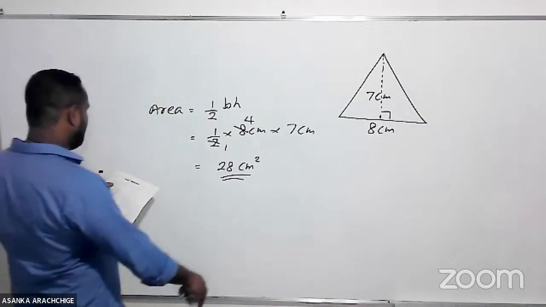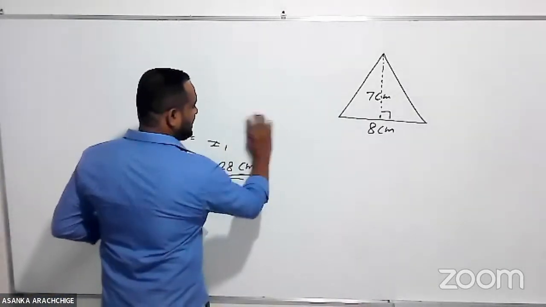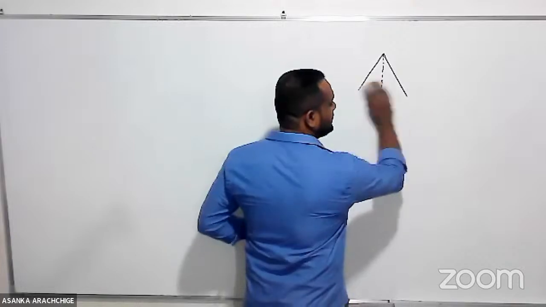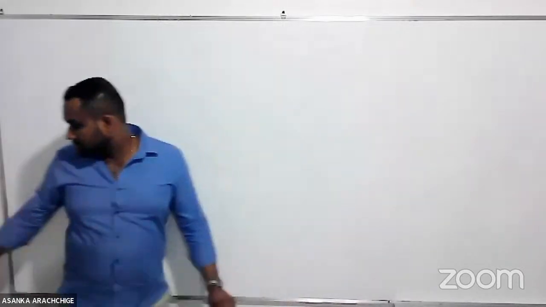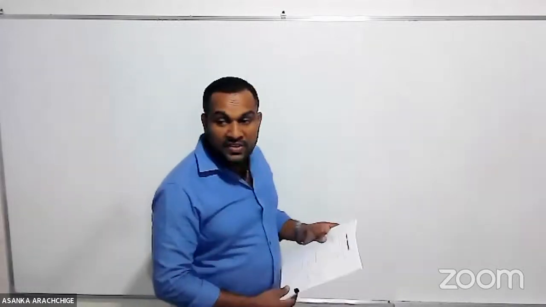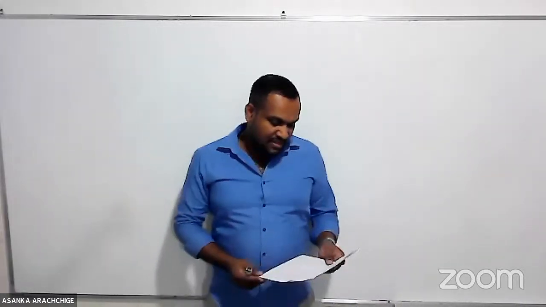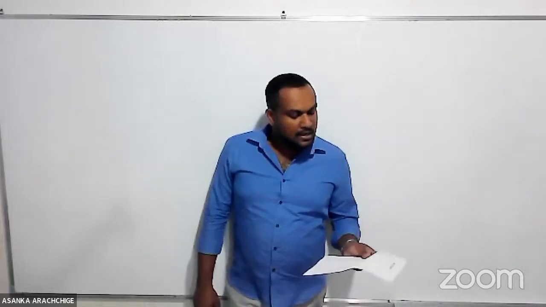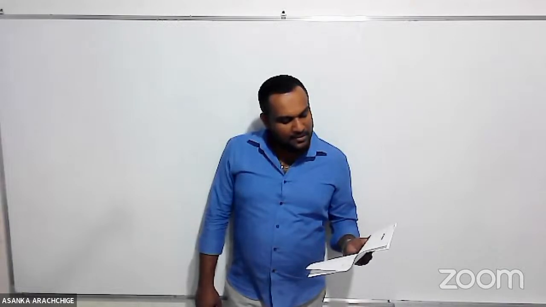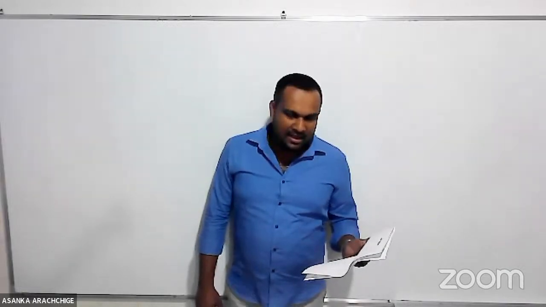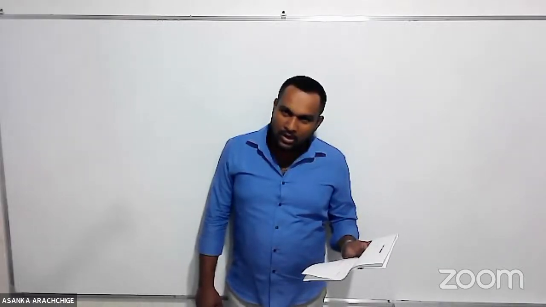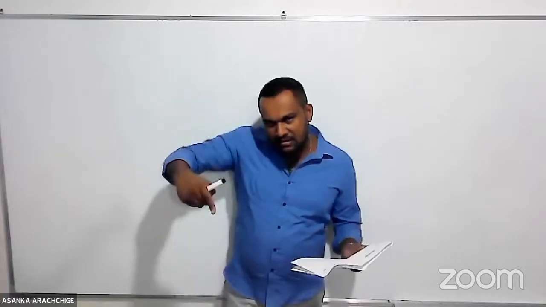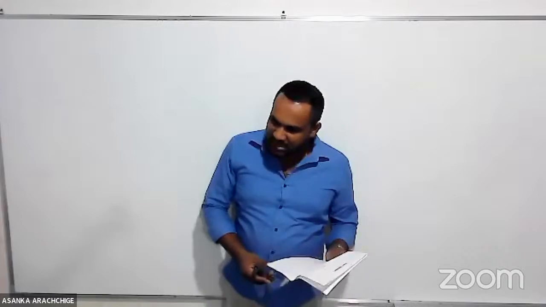Right. The second one. Tell me, according to the given diagram, do we have enough information to find the area? Do we have enough information in the second triangle to find its area? Yes, because the length of the given side is 8.5 centimeters, and we are given the perpendicular length of the perpendicular drawn to the level of that line from its opposite vertex. No? Therefore, look,